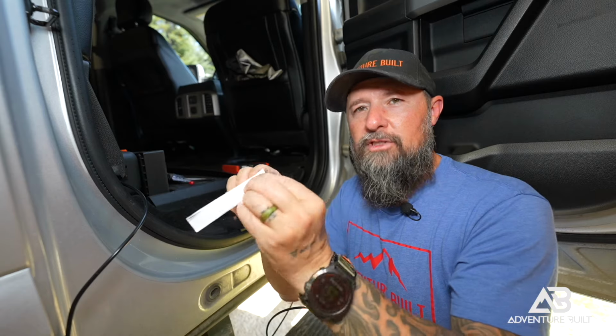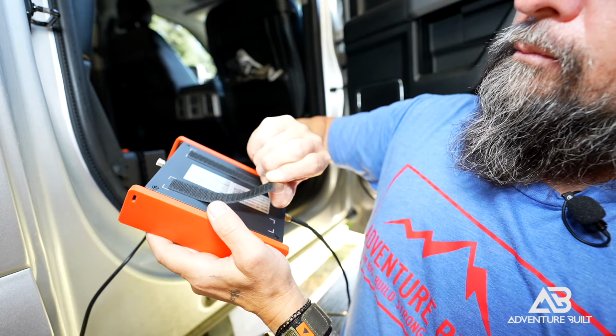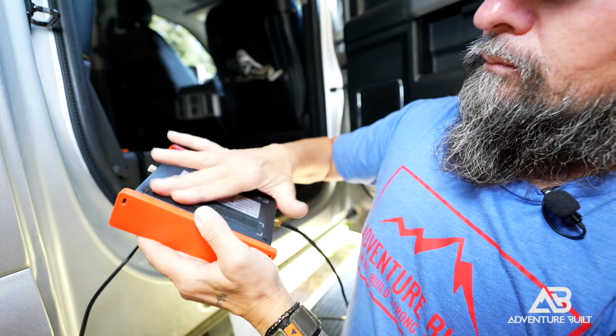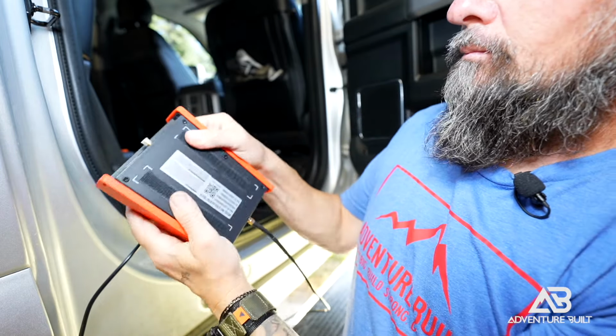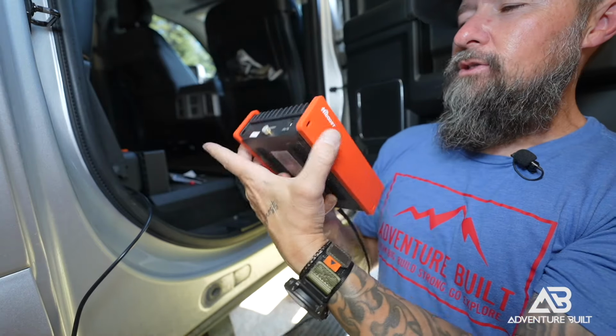The kit also comes with some strips of Velcro. I'm gonna take the hook side, the rough side, and put it onto this, and then that way it will attach directly to the carpet under the seat. HiBoost also took the time to put these really nice rubber caps on everything, so that way there's no rubbing